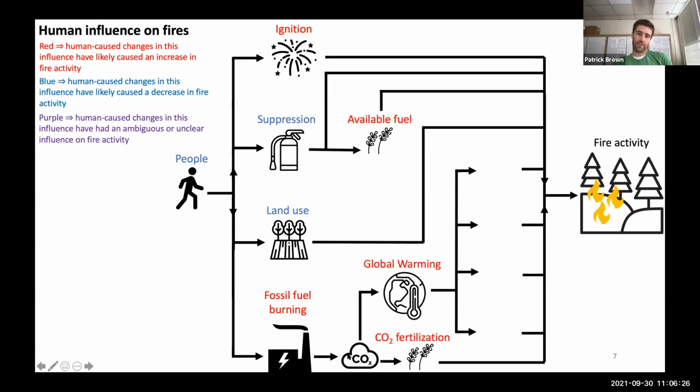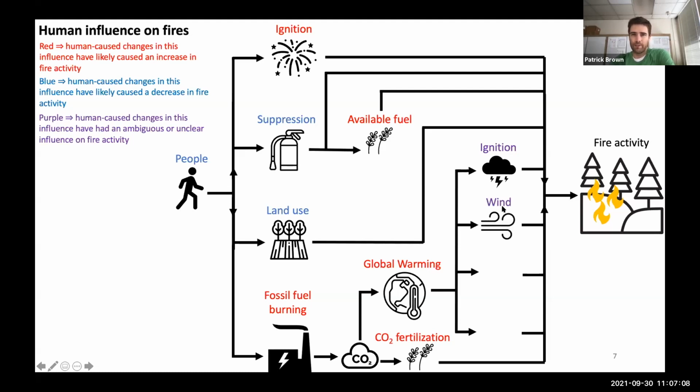But increasing greenhouse gases increases the global temperature. Then that does a bunch of things to weather variables. So it might change ignitions via lightning. Right? So we have direct ignitions up here from people, directly starting fires. But changing the global climate could change lightning patterns. I have this as purple. I would actually lean this towards red because the evidence seems to suggest that a warmer planet is a planet with more lightning over land. So there might be an increase in ignitions from the global climate changing.